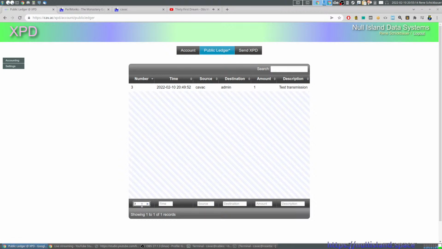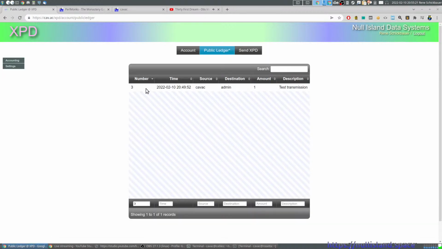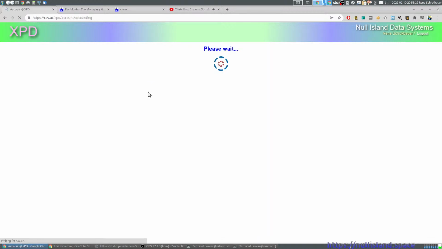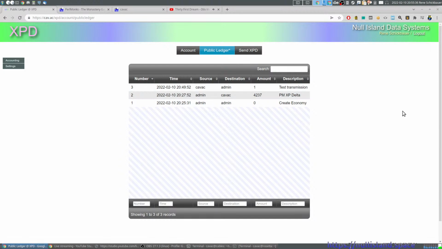Well, probably later on have an option in the public ledger and in the account to click on the ledger entry and open a page with the complete transaction, this single transaction. But yes, so,